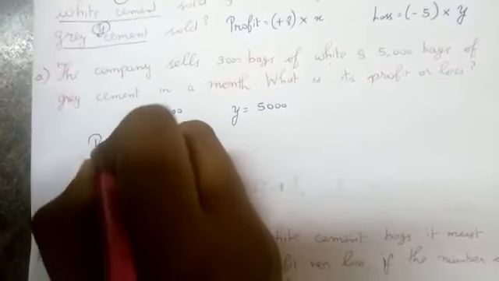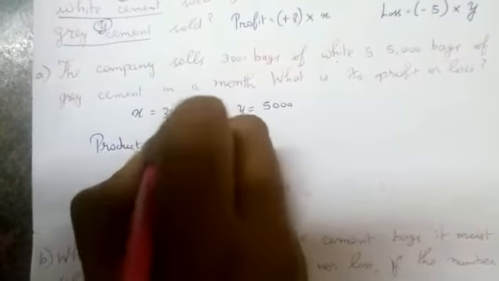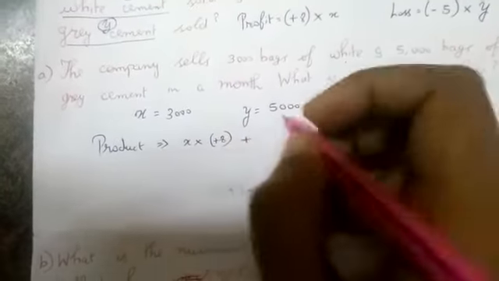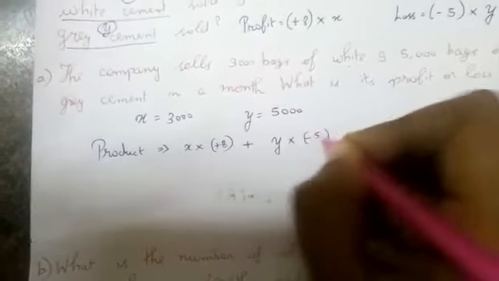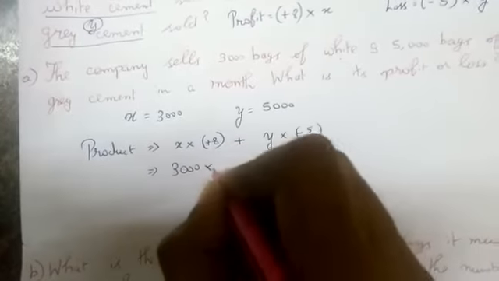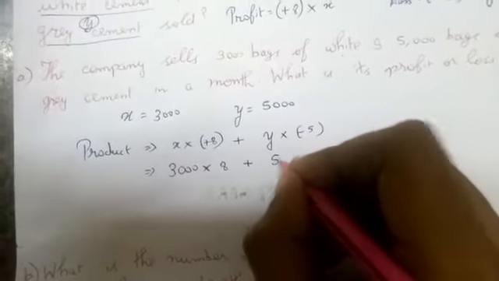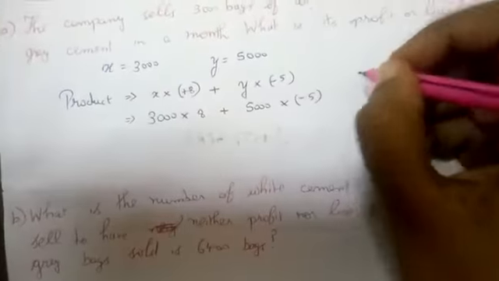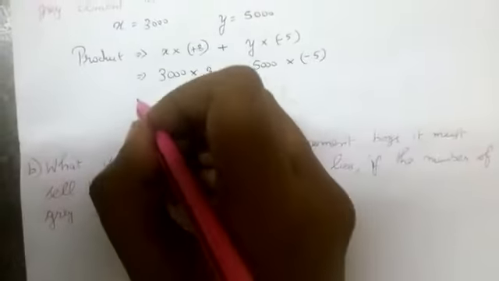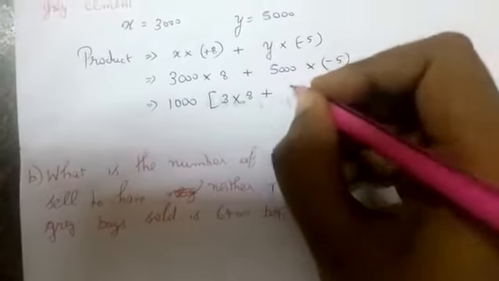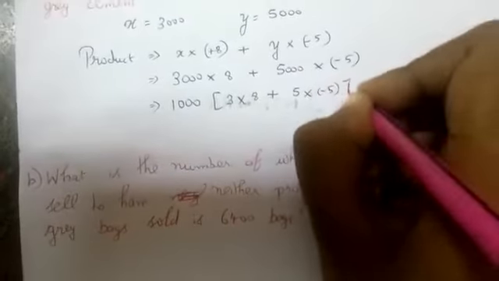So the final product will be X into plus 8 plus Y into minus 5. Substituting X and Y here, you'll get 3000 into 8 plus 5000 into minus 5. As you can see from this equation, you can take something common, that is 1000. Using distributive property, you can do this. It will be 3 into 8 plus 5 into minus 5,